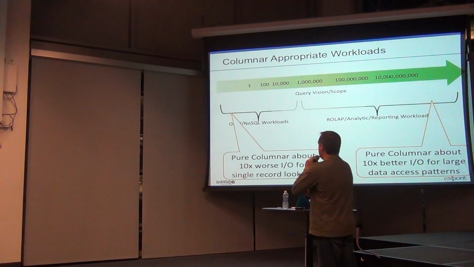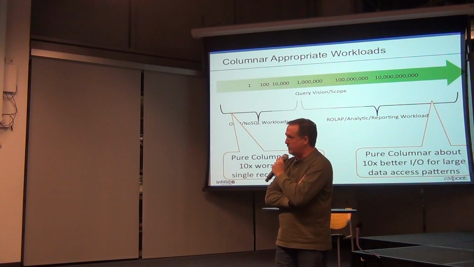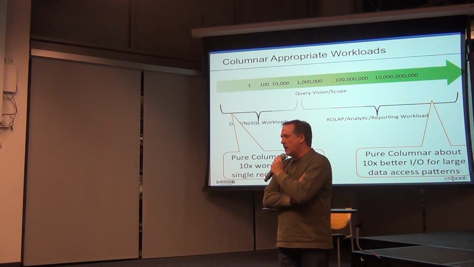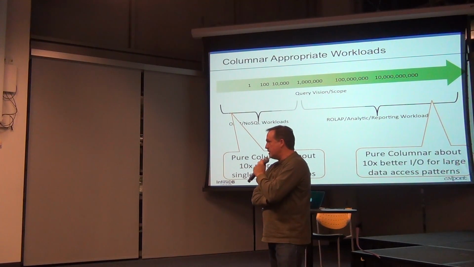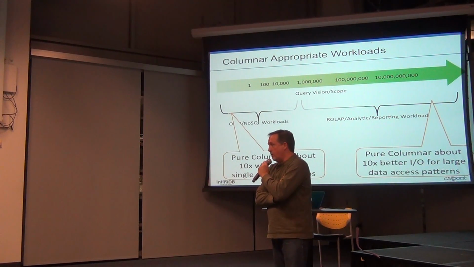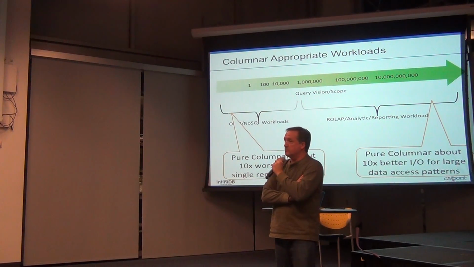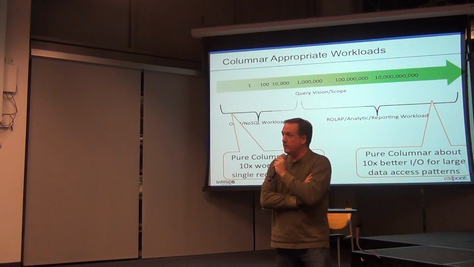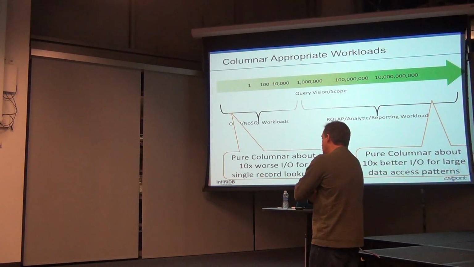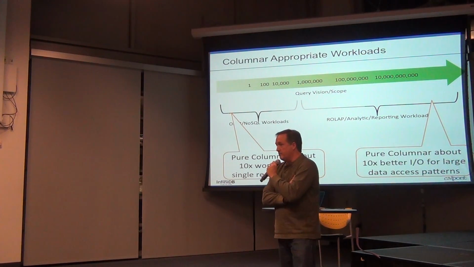This is just a rule of thumb. For columnar storage, if you just did a select star where ID equals 1, looking for a single record, columnar storage like ours would typically be about an order of magnitude worse in performance from an IO standpoint than a traditional row-based system. Let's assume you have a 10-column table. We would have to touch 10 discrete files to satisfy a single record, so it's not well suited for that style of operation. However, when you're talking about operations at scale, you're actually doing analysis of millions of rows or billions